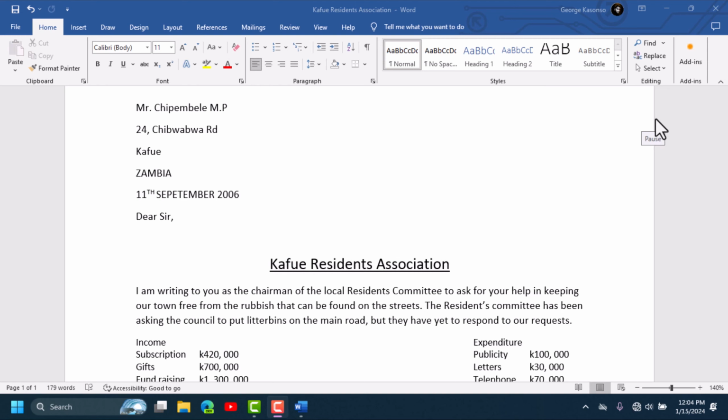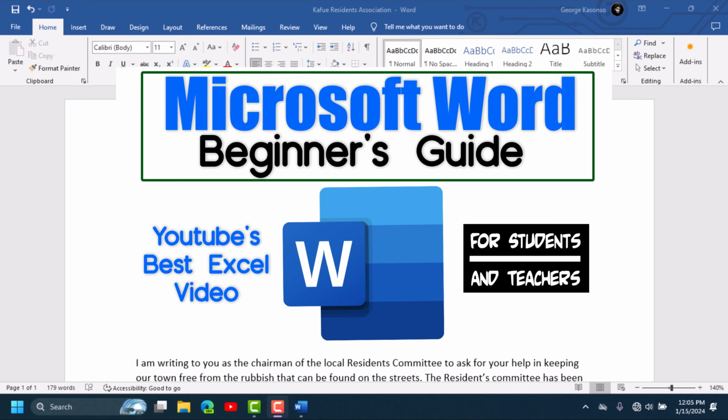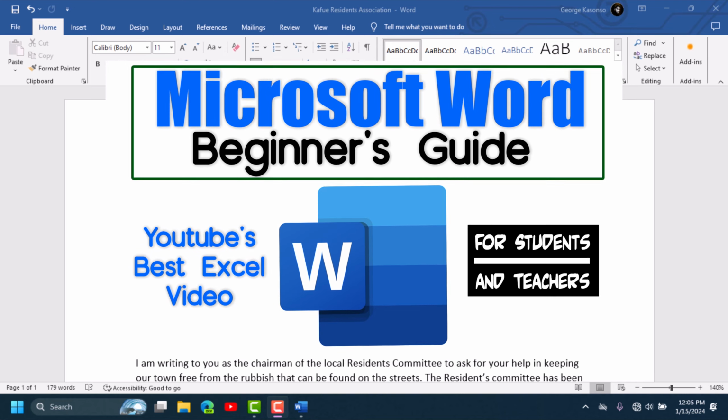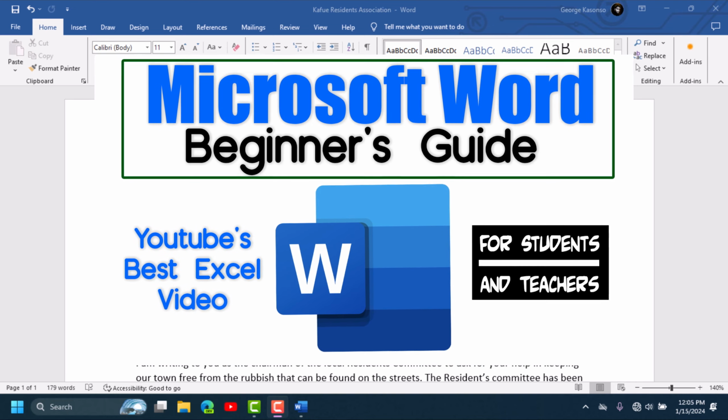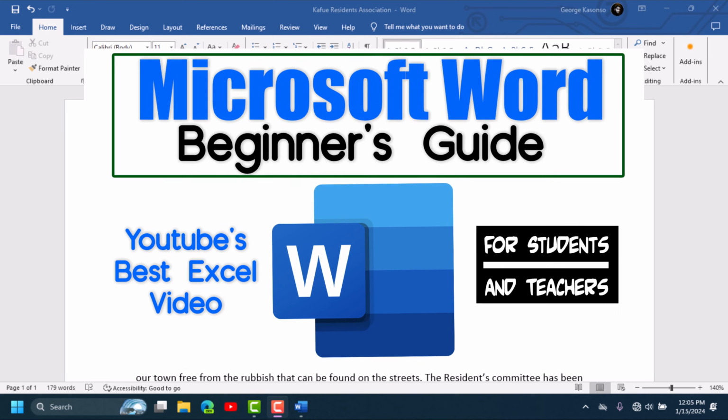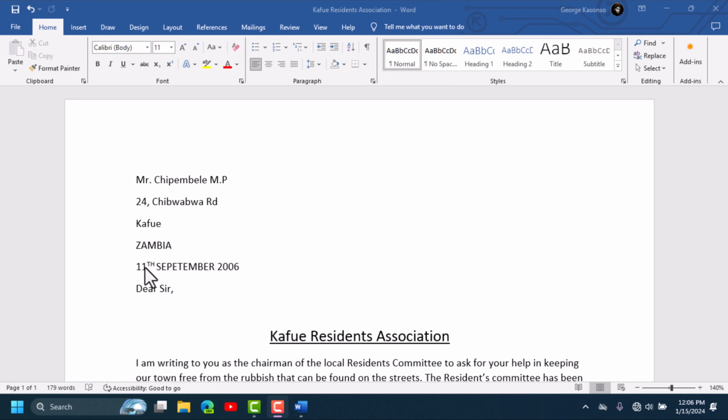In this advanced Microsoft Word tutorial, I'm going to show you some of the powerful and important formatting options in Microsoft Word. If you are a beginner to Microsoft Word, I created a beginner's guide to Microsoft Word. Before watching this one, you have to watch that one so that you have an understanding of the interface